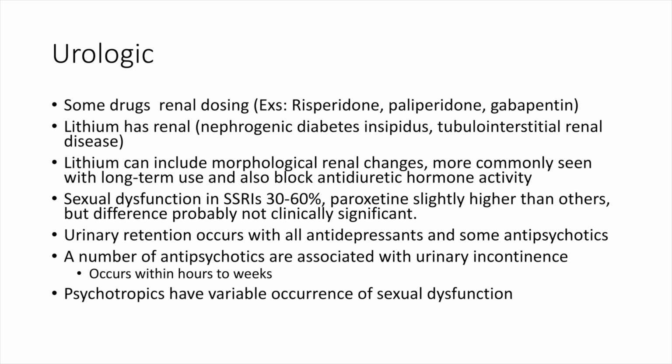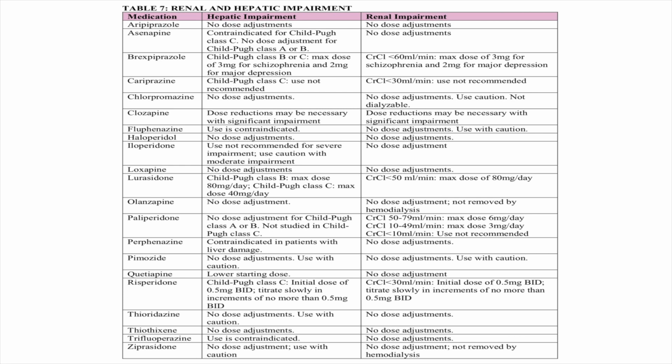In conclusion, that is. And here is a table I found. It describes the management of the antipsychotic and how we should dose it in hepatic or liver impairment, and how we should dose it in renal or kidney impairment. And this is just to show you that there are dose recommendations based on someone's liver functioning or kidney functioning.